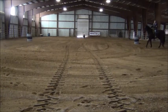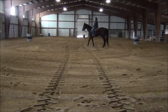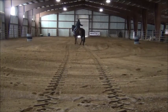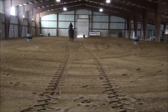So I'm going to just start by randomly loping all the same direction, but I've got to incorporate the barrels. Because my arena is so tight to the rails down here, I'm going to go up here and start with